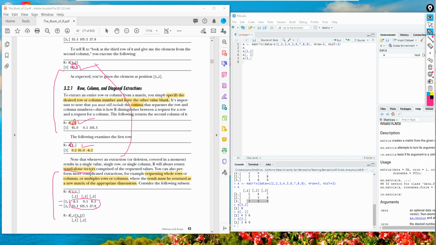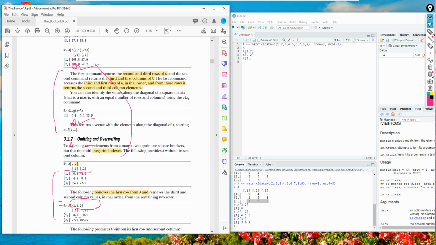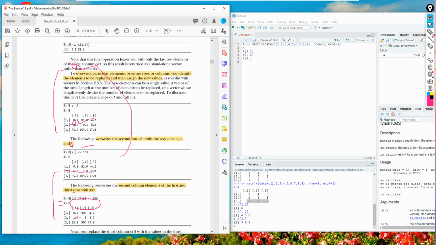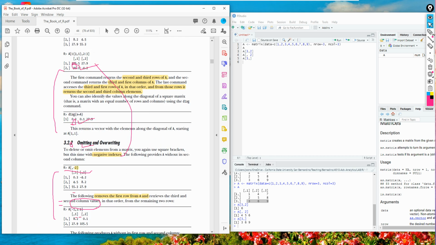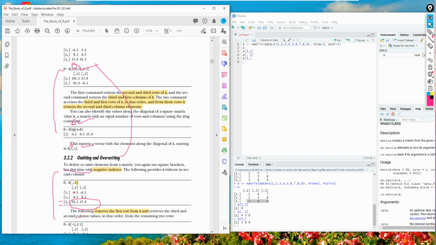It shows the third column and then the first column.